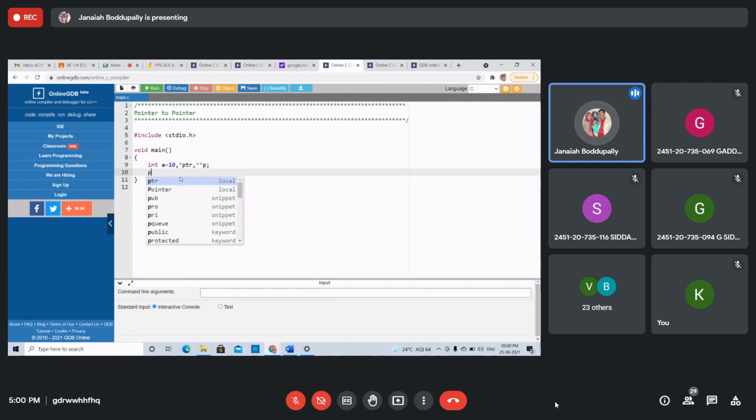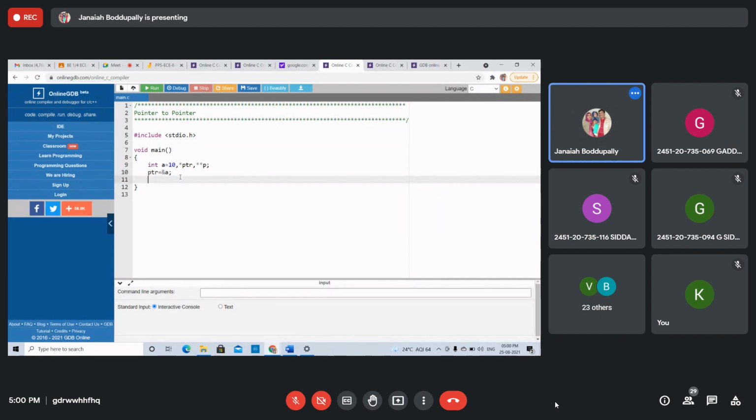Now ptr equals address of a, p equals address of ptr. Do you understand? ptr is the pointer variable which stores the address of a. P is the pointer variable which stores the address of the pointer variable ptr. Right? See this. Now printf.